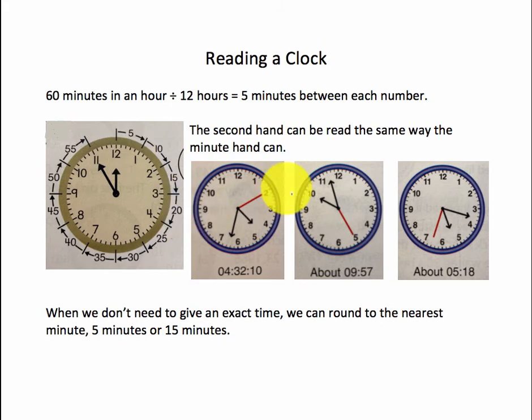The second hand here, represented by the red line, can be read the same way as the minute hand, because there's 60 seconds in a minute, just like there's 60 minutes in an hour. So whichever number the second hand is pointing at, that will tell us how many seconds. So if it's pointing at the 2, well, that's 10 little dashes away from the 12. So that's 10 seconds